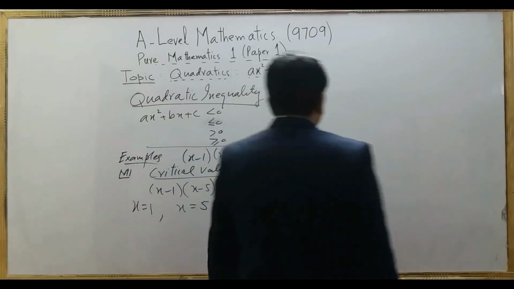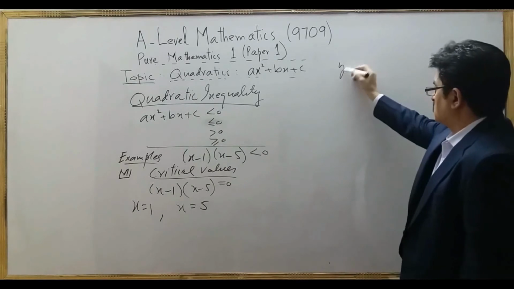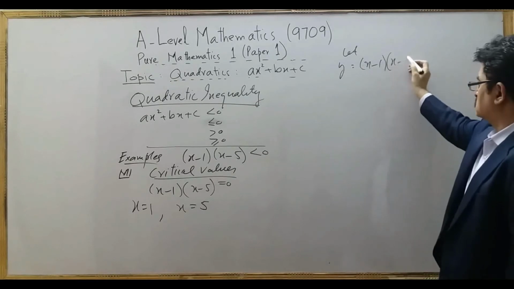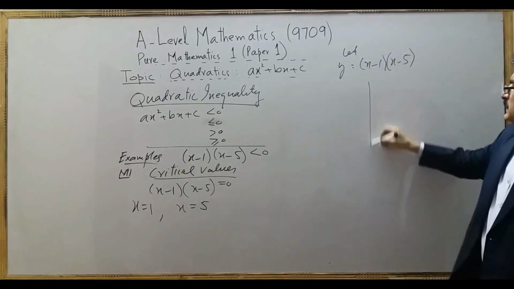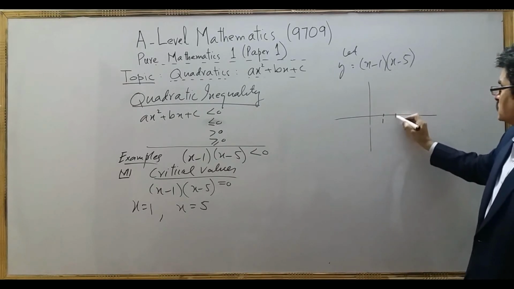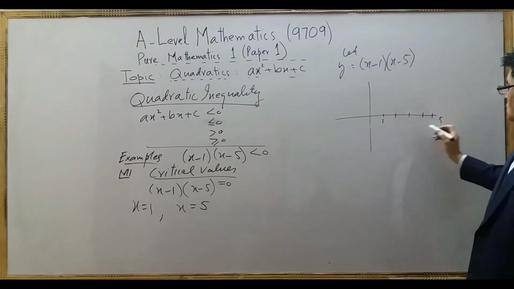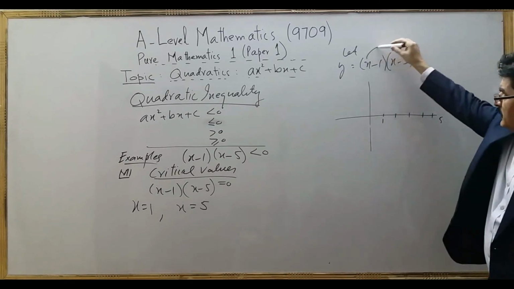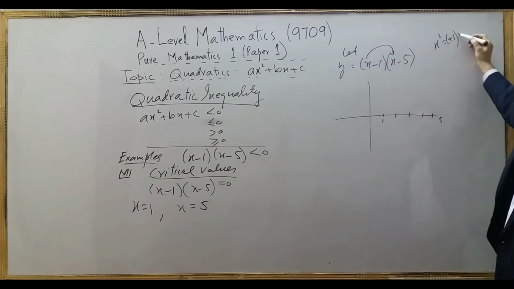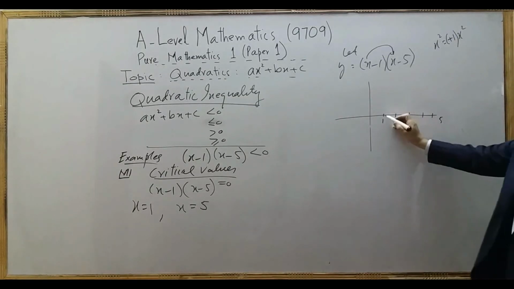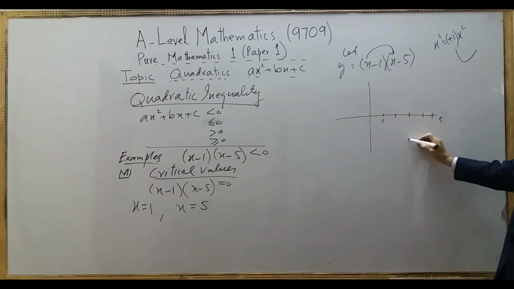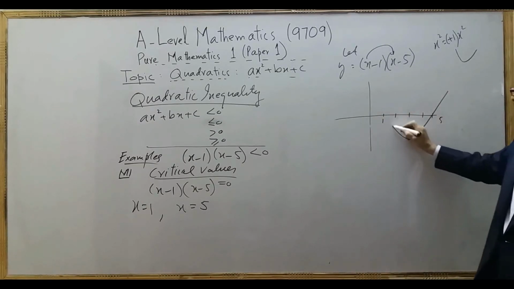Now, if we think of this as a curve, let's suppose, or you can write, let's suppose this is y. Now, if we sketch the graph of it, we have learned how to sketch the graph. Then we have here 1 and 2, 3, 4, this is 5. You know that if you multiply this term with this, you will get x square, which means plus 1 into x square. So coefficient is plus 1. So the shape of the curve is like this. So it will have somewhere here its turning point, and this will be the curve.